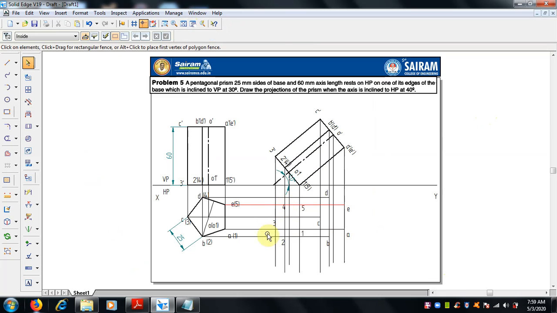Now the base and the top face are done, so we have to join all the things. First let me select, if you know all outermost we can do it, or else first we will connect which one is the base and all things. So where it comes is A, the base.